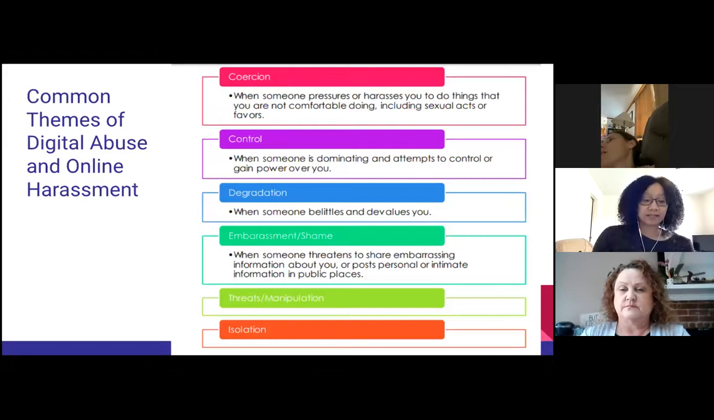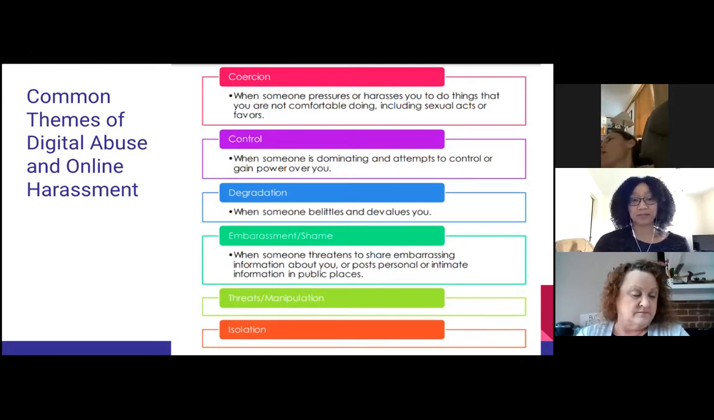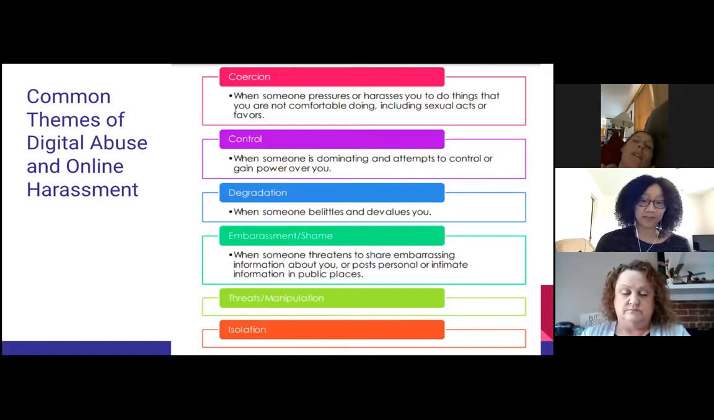So these are just, again, some common themes of digital abuse and online harassment. A lot of these are things that you probably heard or saw as examples in that video. So they can be done by dating partners, classmates, friends, anonymous people, it could be anybody that is doing this. So there's coercion, again, which we talked about, when somebody is pressuring you or harassing you to do something that you're not comfortable with. You have that control, wanting to maintain that control and power over another